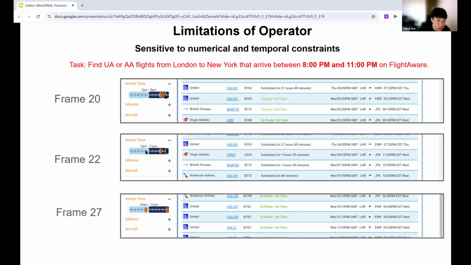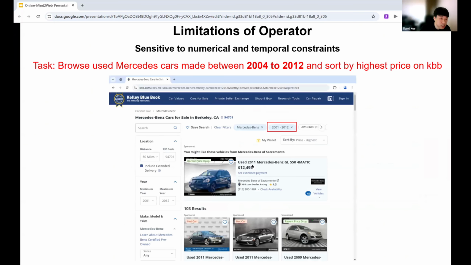The task is about selecting the flight from a certain term, and it cannot select the correct term. And this is also a task where the Operator selects the wrong range of the term. The task requires selecting 2004, but it just selects 2001.